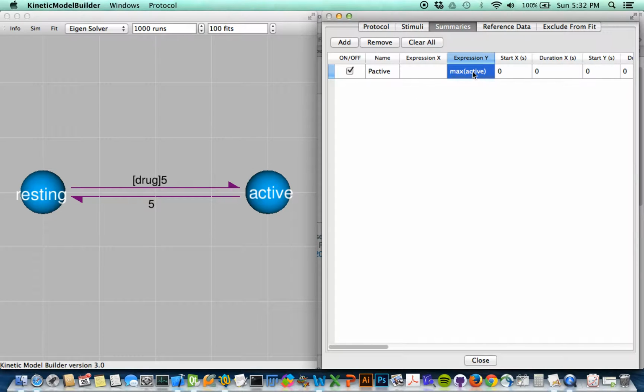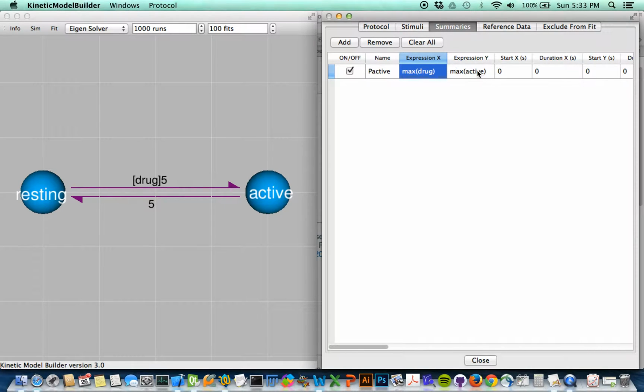It can be the name of any model state or state group, or the name of a special signal such as current or gating current or user. For the X expression, we'd like to indicate the value of our drug pulse. So we could simply do max drug, which would give us the maximal concentration of the drug pulse during the